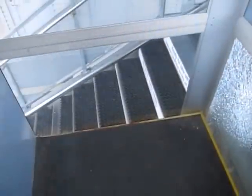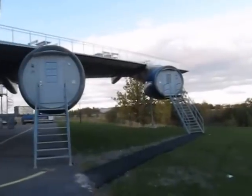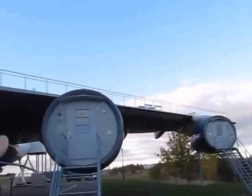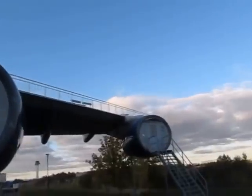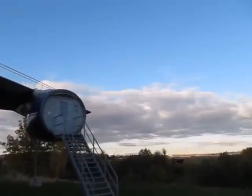Okay, this is how we go down. You just push this button until we get it all the way down. Then I'm going to show you the outside. It's pretty cool. Okay, so you can rent a room in one of these things too. I don't think it's worth it. I think the cheapest